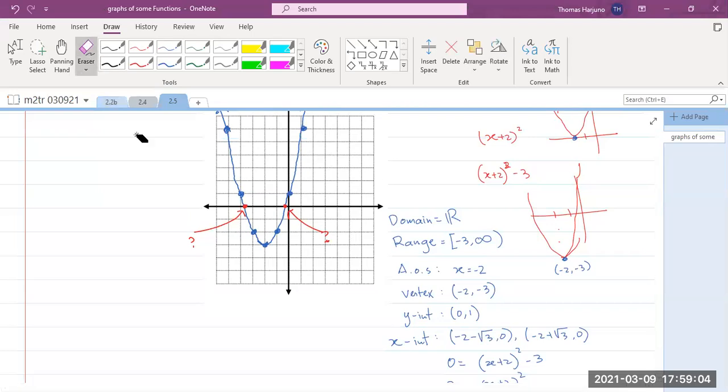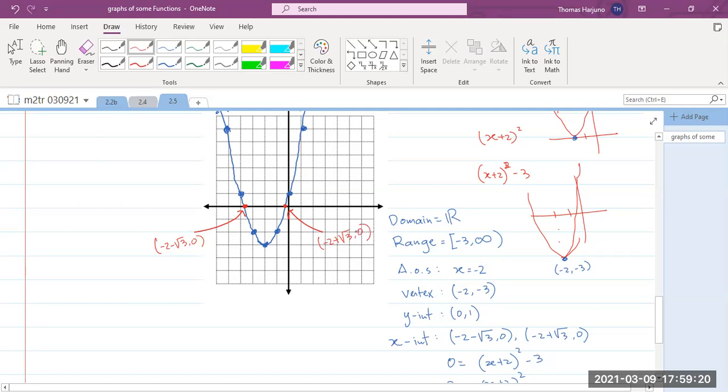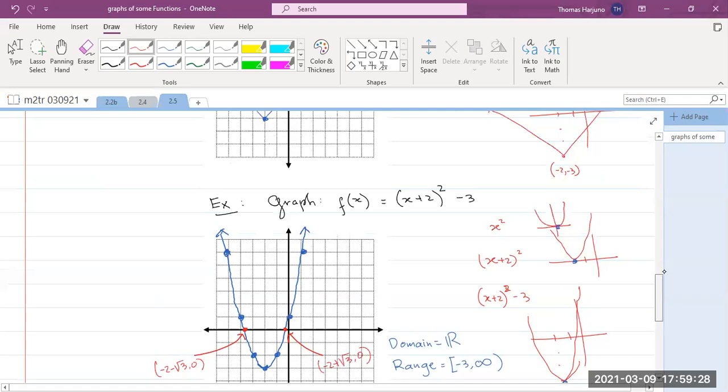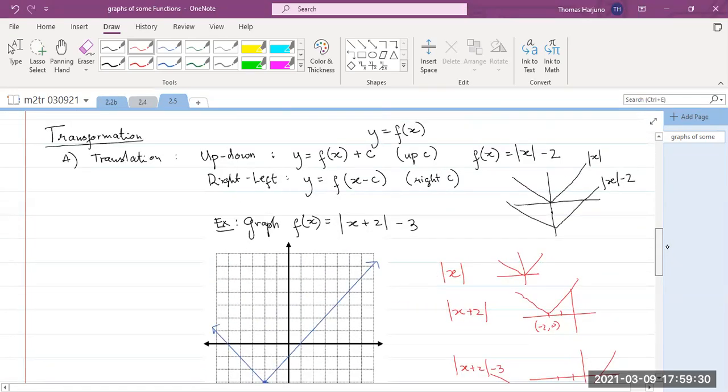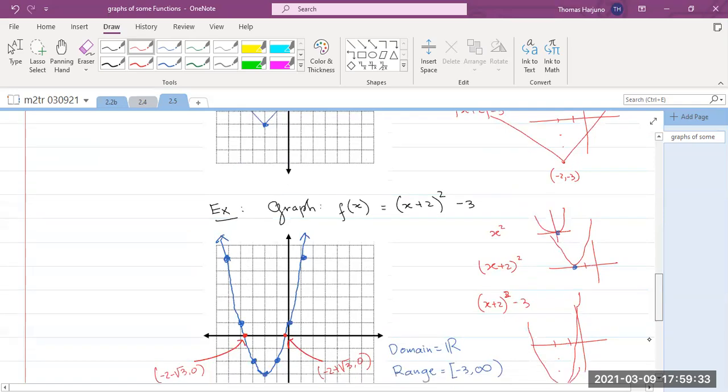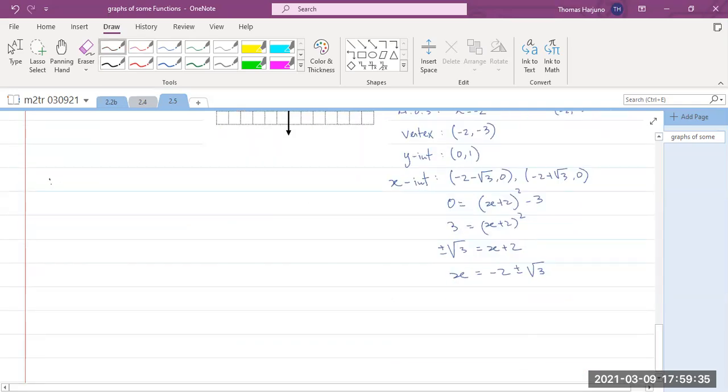Okay, so the x-intercepts are -2 minus radical 3 comma 0 for the one here, and this guy here is -2 plus radical 3 comma 0. Okay, if we want to get more details on those. Okay, now that's for left-right translation. The first type is you move left, right, up, down. The second type is on